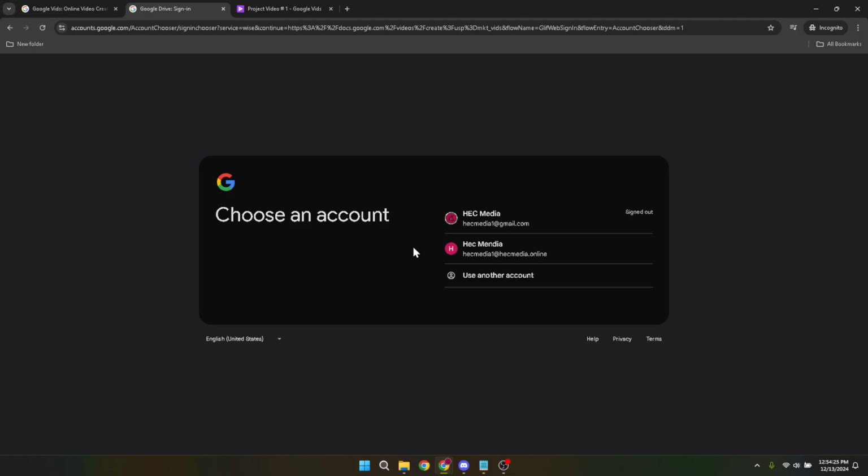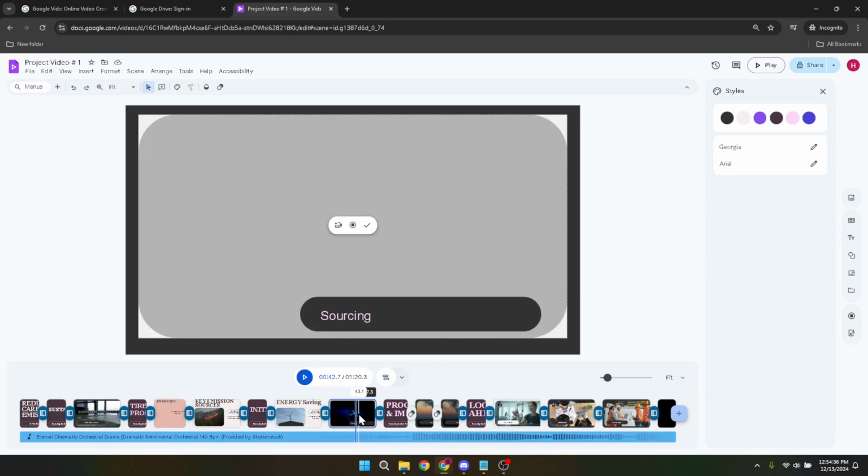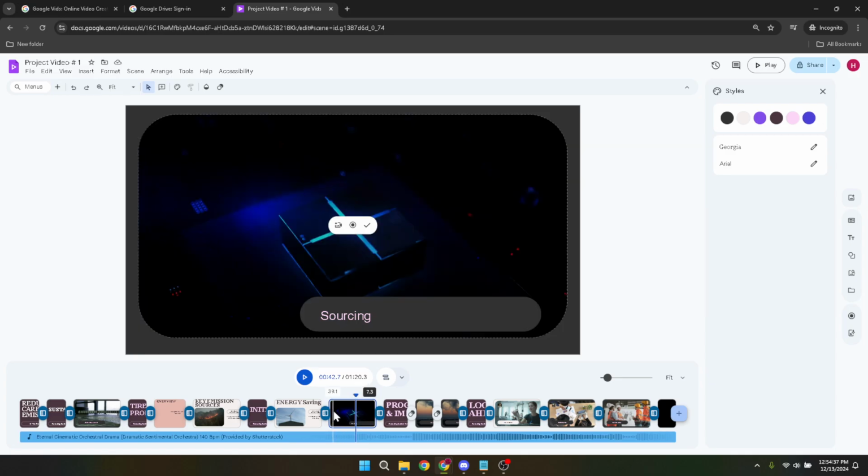Once you're signed in, it's time to locate the clip you want to trim. If you've already uploaded some clips to Google Vids, navigating through your collection to find the right video should be straightforward. The interface is quite intuitive, so locating your clip should be quick and easy. Finding the video is one thing, trimming it is another. To start trimming your video, look for the edges of the clip in the timeline at the bottom of the editor. These edges are key to the trimming process. You can also go to your video timeline and easily spot where your clip starts and ends. Those are the parts you'll be working with.